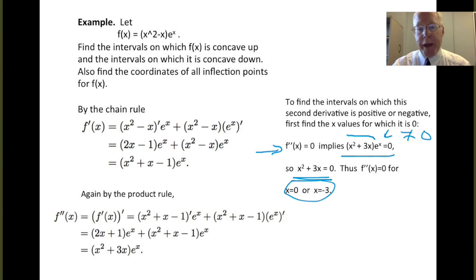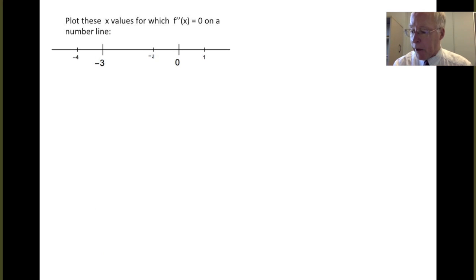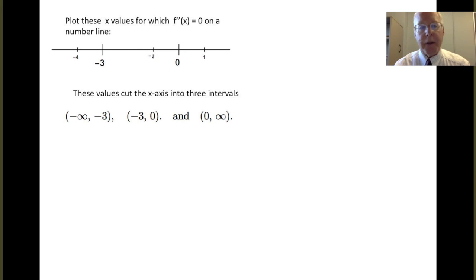Now, as was the case when we analyzed first derivatives, we now plot these zeros on a number line. Here's the minus 3, one of the zeros of the second derivative, and here's the other 0, which turned out to be at 0. And these zeros then cut or partition the x-axis into 3 intervals. The first one minus infinity to minus 3, so that's everything to the left of minus 3. Then we have the part between minus 3 and 0, and then the part to the right of 0,